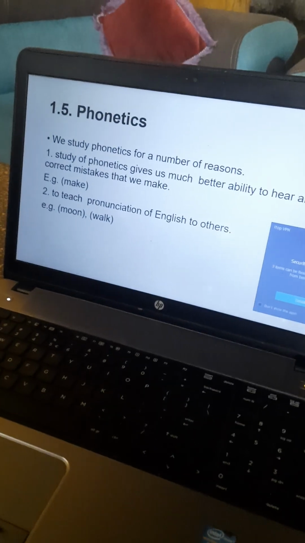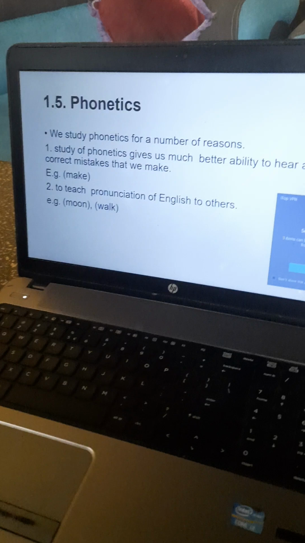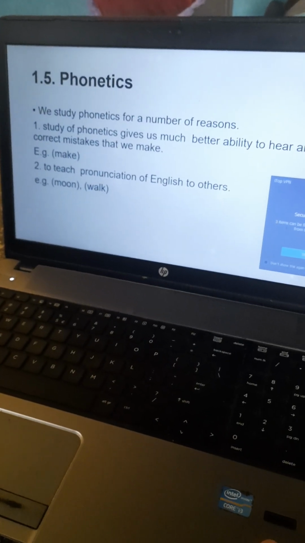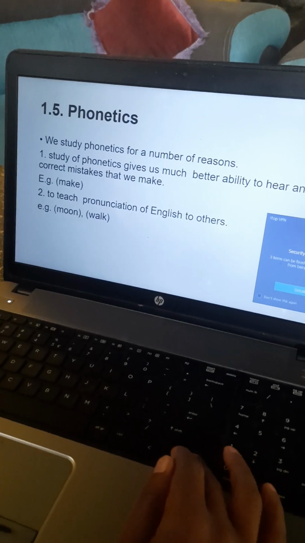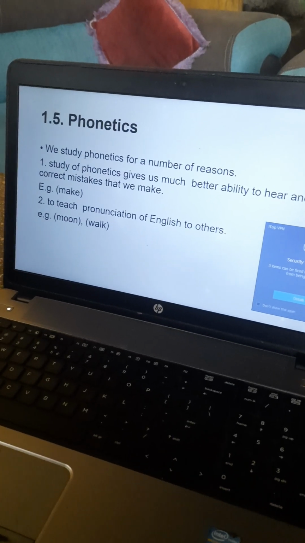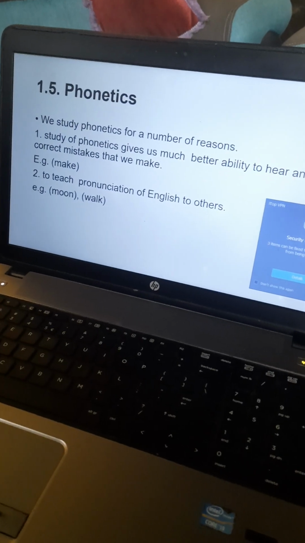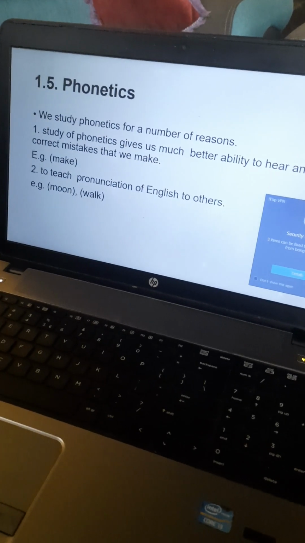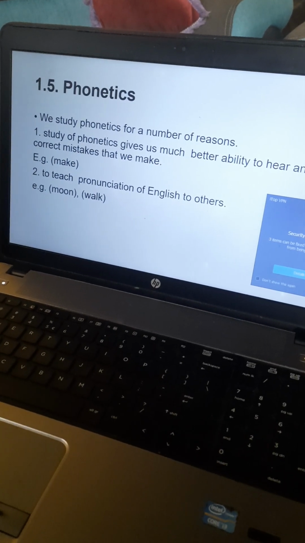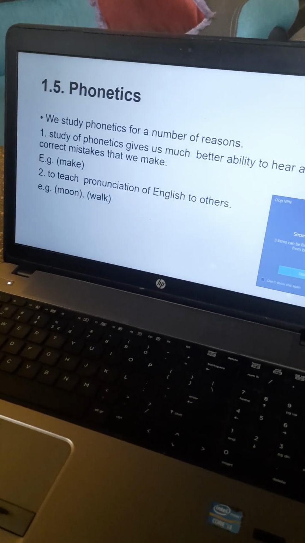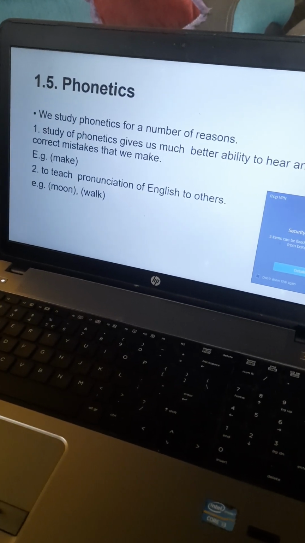You say "mark" because of the letter; we are not concerned with letters here, we are concerned with sounds. The letter coming next to M is A. You see, as a result, we may say "mark", but it's not that way. This word sounds as "make". So some people may say "make". That is wrong. You can hear from other people or from your teacher, and then you can correct the mistake.